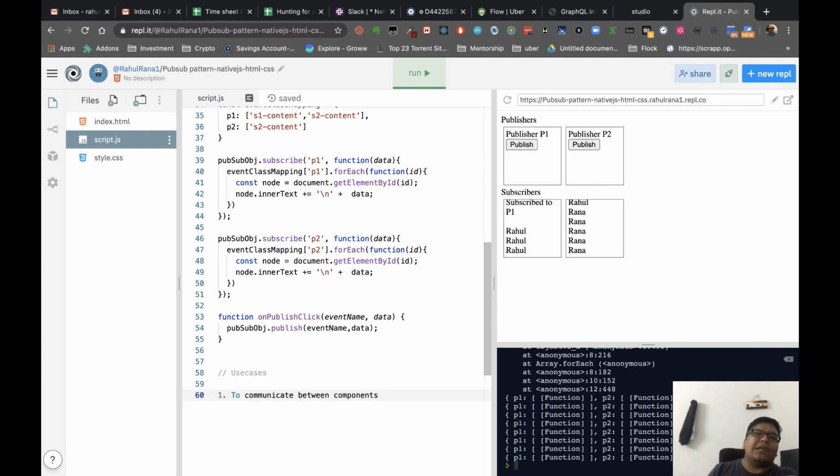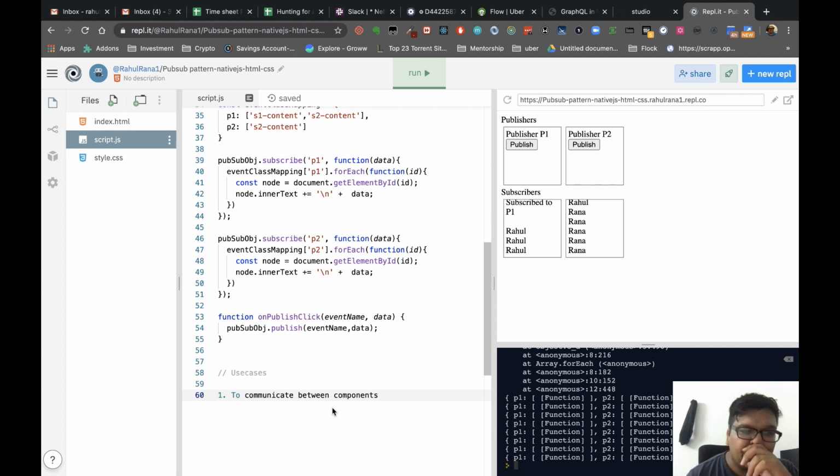Now, whoever is listening to it, right? It's just publishing it. The cart must also be listening, so when it receives the event, it will update the cart. The product itself can be listening too. If you want to show a star or change the look of the product depending on whether it's added to the cart or not, you want to show some extra information depending on the cart. So the product might be listening to that event and check if it is its event. Everyone must be listening, but only that product will acknowledge it because the product ID is matching, and it can do the updates accordingly.